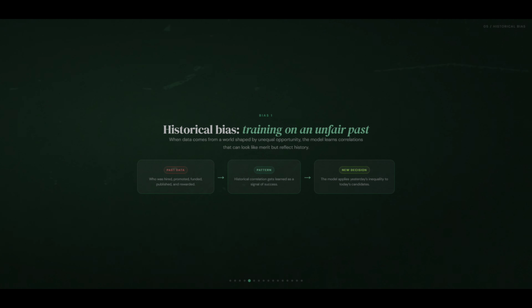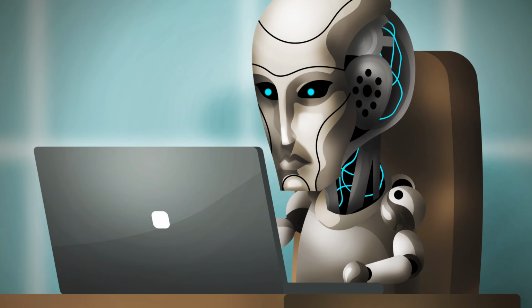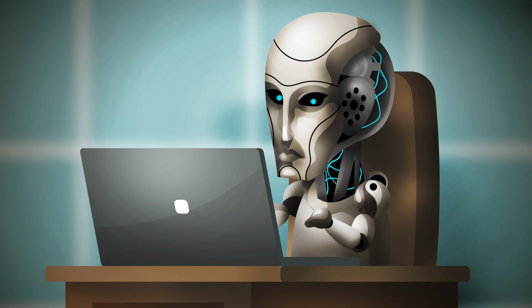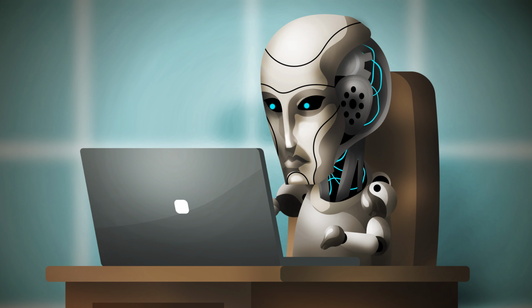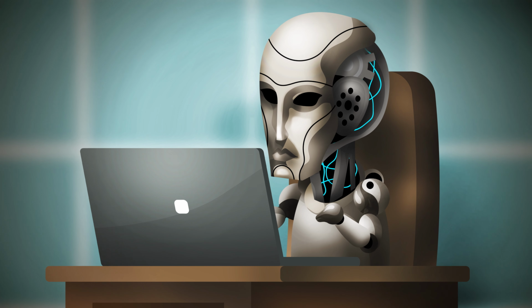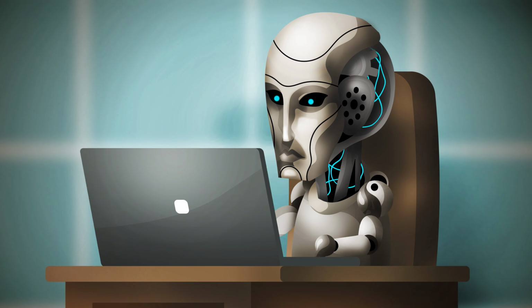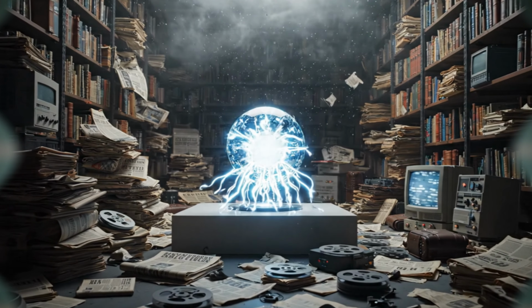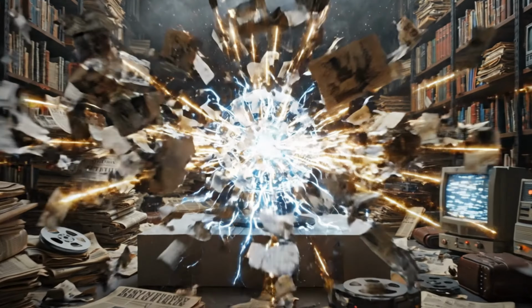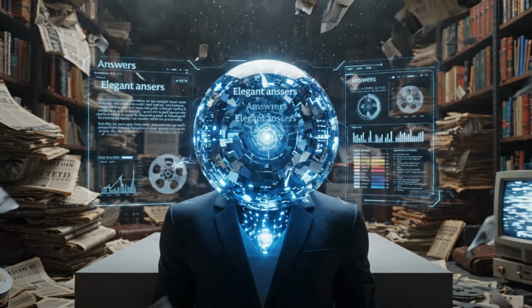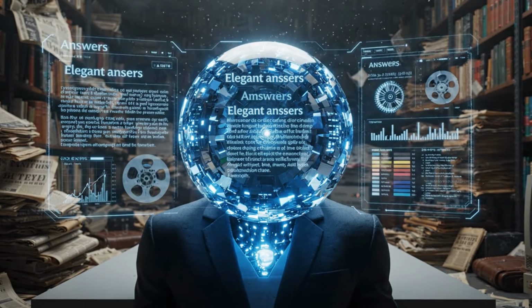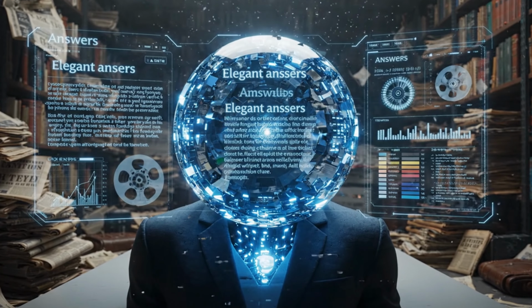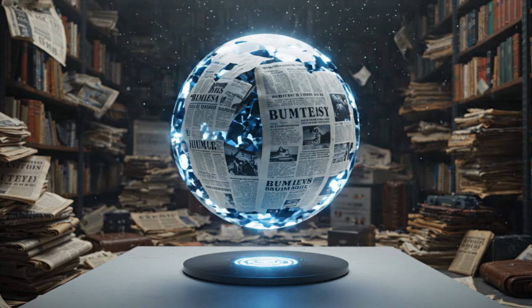So what does the model do when it has imperfect data? Exactly what it was designed to do: find patterns in historical data and apply them to new situations. The problem is that those historical patterns reflect a world shaped by structural inequality, unequal access, and decisions made by people who were themselves biased. The AI learns all of it. Then it optimizes for it.